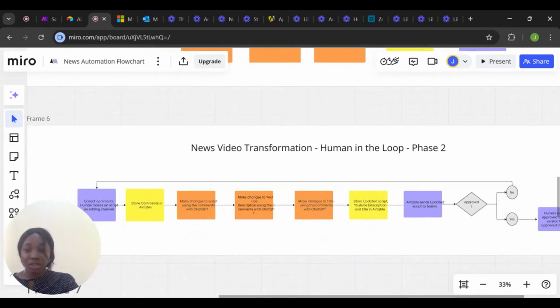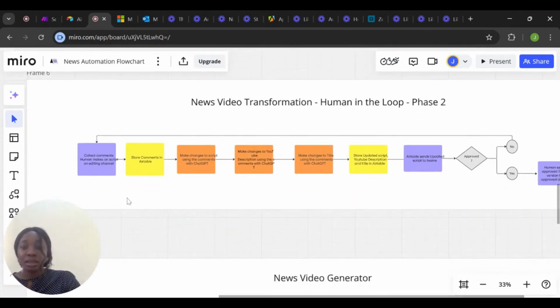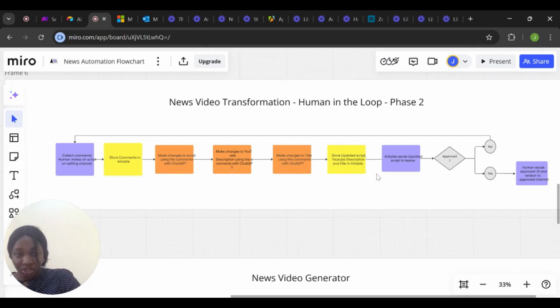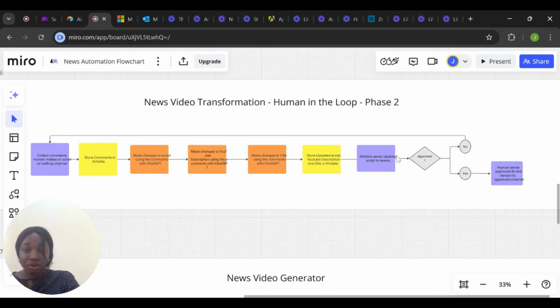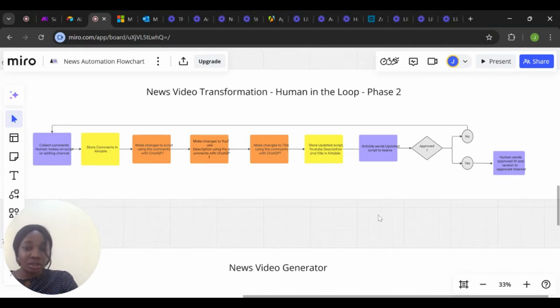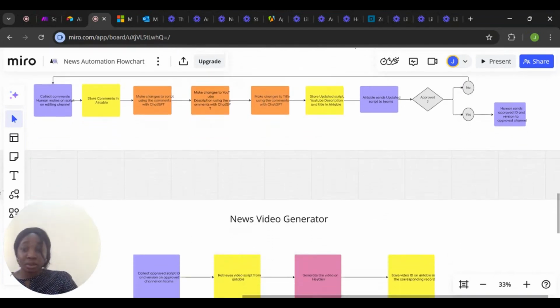It's the same process with the articles. Then the human goes, reads through, are there any corrections? If there are, he or she sends the comments, then a new script is generated. If there are no errors, it is approved and sent to another channel. It's the same idea with the articles,